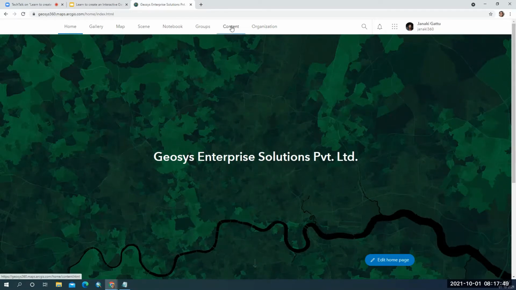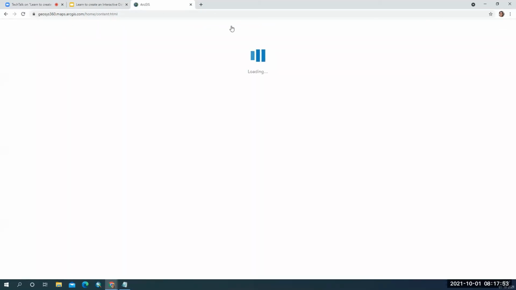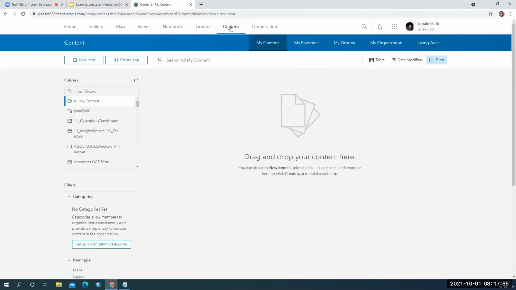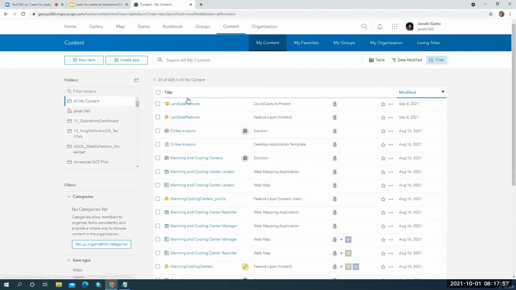So first thing is, for us to create any kind of map, we need to go into the content. It will display the list of all the contents, all the features which I've created earlier. Now what I will do is, I want all my information to be stored in one single folder.